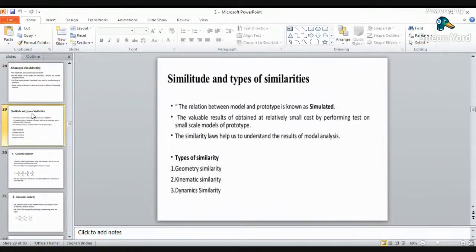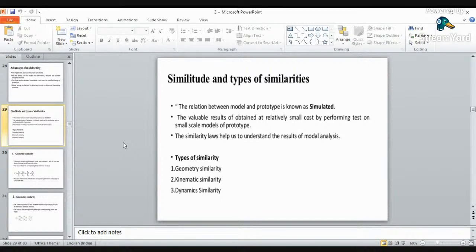So now we have said that before constructing an actual prototype, or whenever you have to rectify a problem in the prototype, you have to make a model for model testing. Now, the model is not going to be just the same in appearance, but it looks similar, so it will be the same as your prototype. There are a few terms by which we can say that it is the same as your prototype, and those similarities come under similitude. Now these similarities will be checked by means of three different similarities,